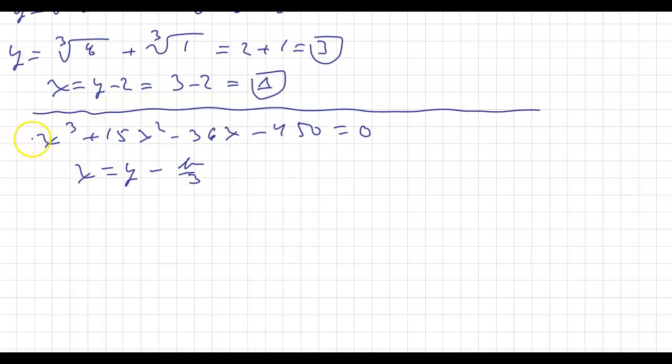I should mention that if there's a number over here, we would divide by that also. So I'm going to say b over 3a. But since a equals 1, which I usually make it, if it's not 1, I usually divide by a so that it becomes 1. But I'm just going to mention that it really is b over 3a, which in this case is 15 over 3 times 1, or y minus 5. So we replace each of the x's